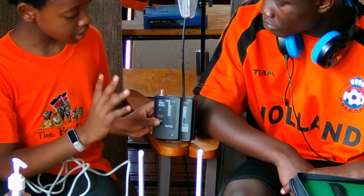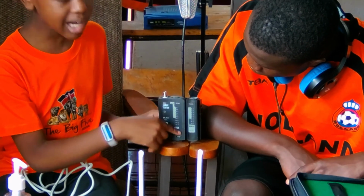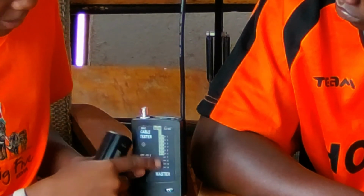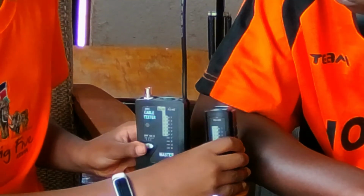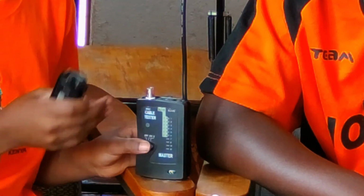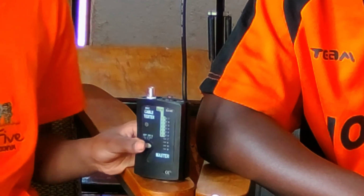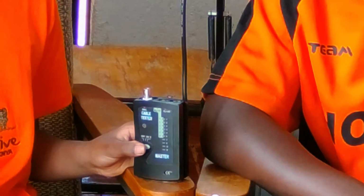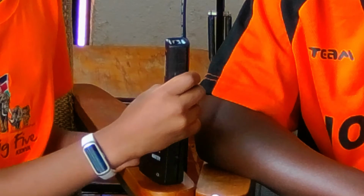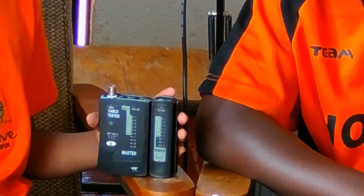So for it to work, all of them should come on individually. Maybe all of them are coming on here, but all of them are not coming on here. That means one or 2 wires, depending on how many have not come on, are missing. Maybe they're too short, maybe they've been left behind, maybe they've been cut, or maybe you've just forgotten to configure it. So what we'll do now is we connect one side